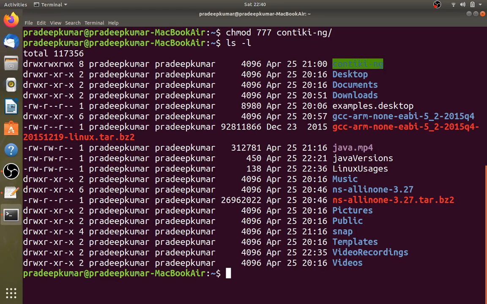Now you can see ls -l. See, now the entire folder is given like this, drwx, rwx, rwx, for contiki-ng. Above that, a green color box has formed above the particular command. That means anybody is able to access this folder. That means file permissions are very strong in the Linux operating system. Anybody can access. There is a second command that we have used.